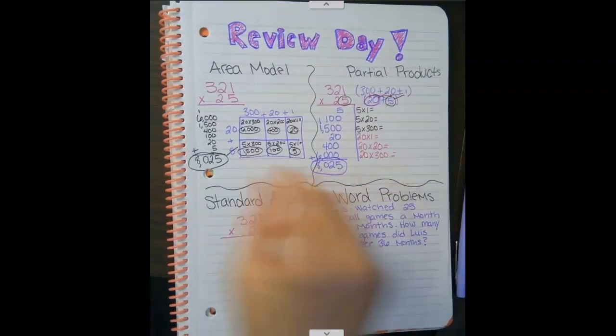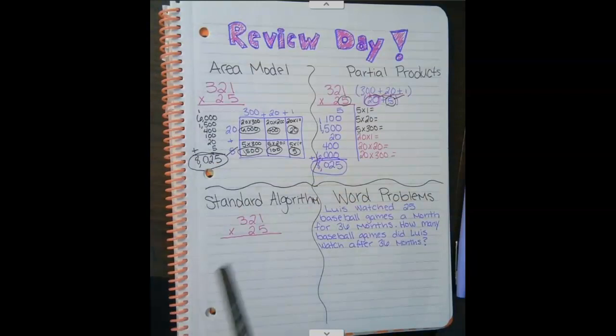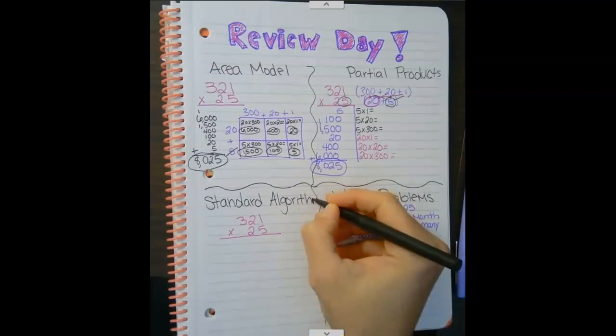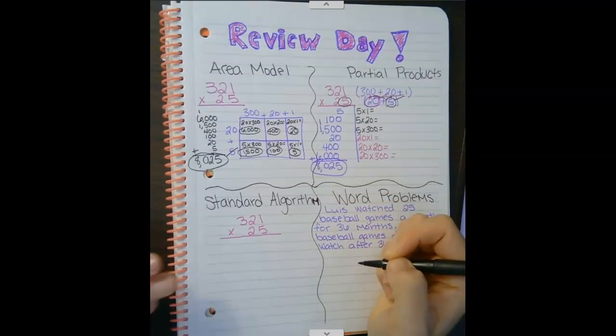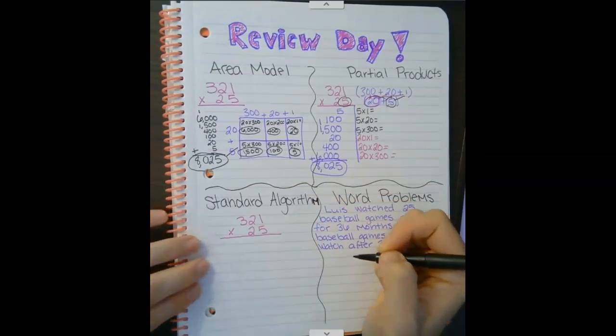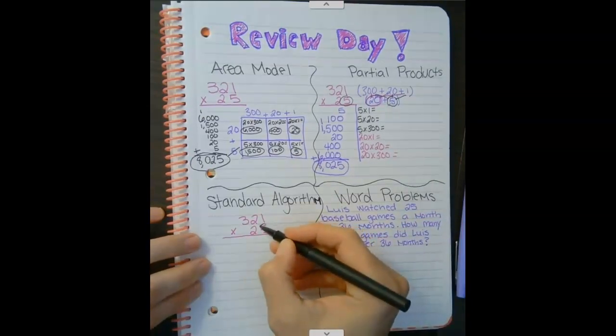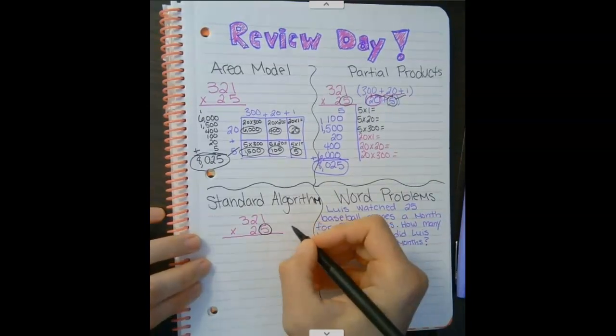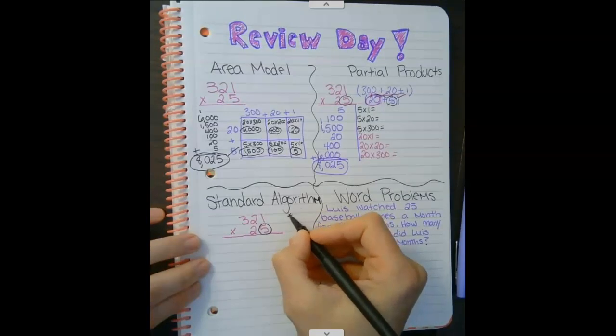Alright, so now I'm going to take the same problem and multiply it using the standard algorithm. Now, you do not have to do this, and many of us are not there yet, but I do want to provide an example for those of you who are using the standard algorithm, okay? So we're going to do the same thing. When we use the standard algorithm, we like to remember our little acronym, GROW,